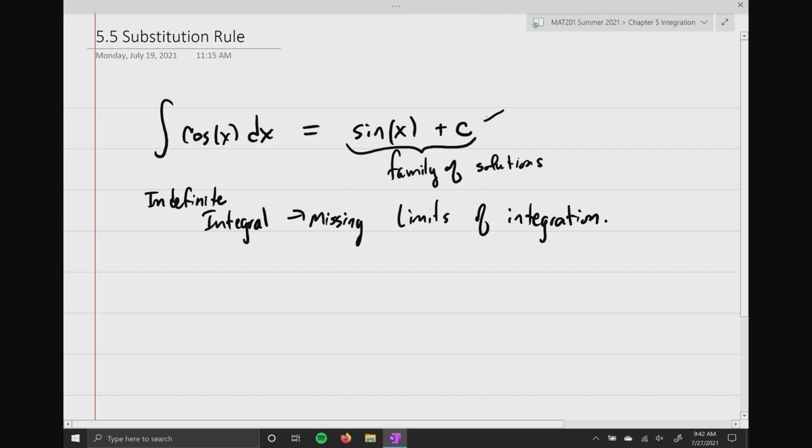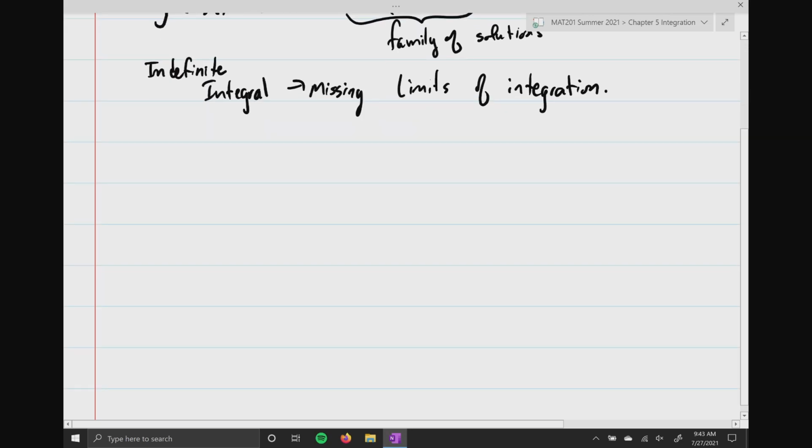where this constant is basically the y-intercept, and it's going to either shift the sine curve up or down along the y-axis. If this was a definite integral, then we would definitely know which one of those lines we're talking about, because we would have a starting point and an ending point to find the area underneath that curve. All right, so the question now becomes,